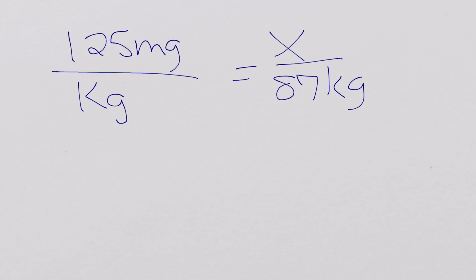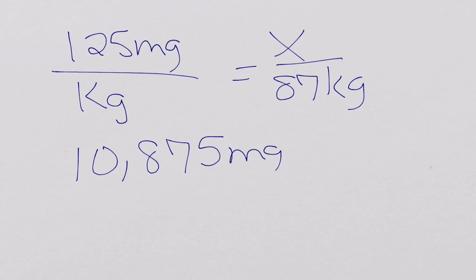So then you would do 87 kilograms times 125 divided by 1. That would be 10,875 milligrams per day,